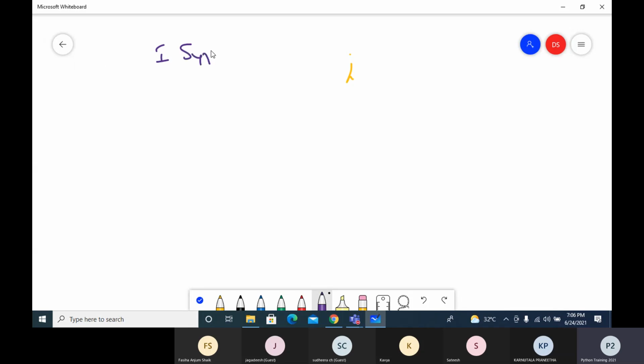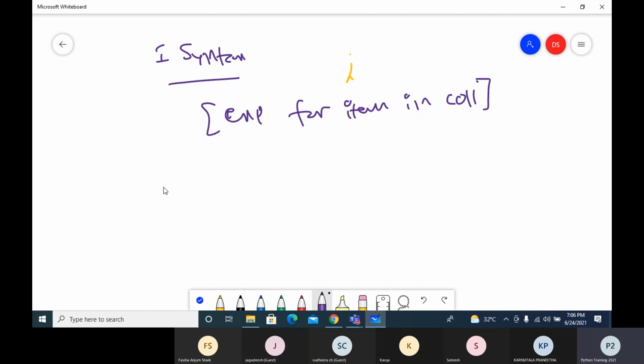First syntax. Syntax one is just take the square brackets, expression for item in one collection. Any collection. Now the second syntax is we can also include some condition.